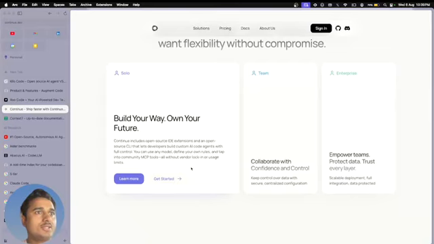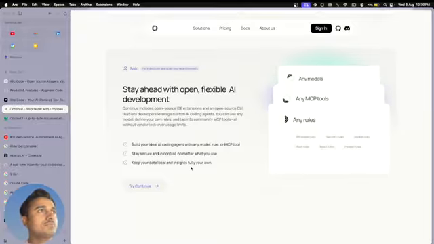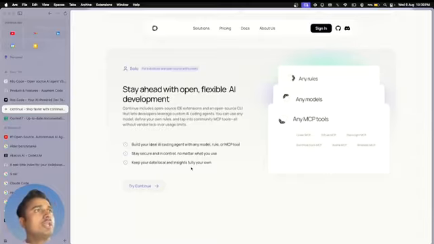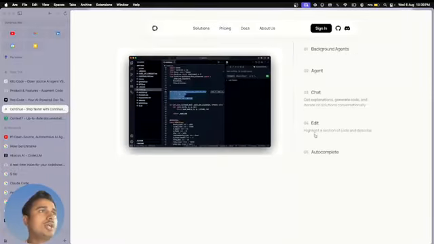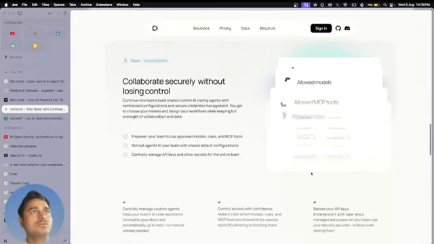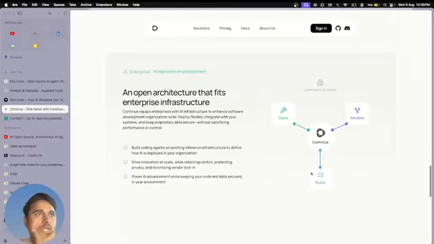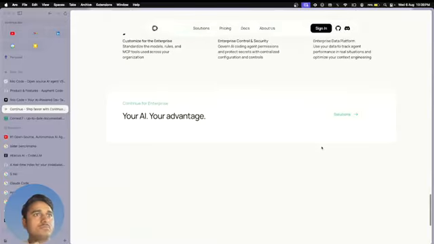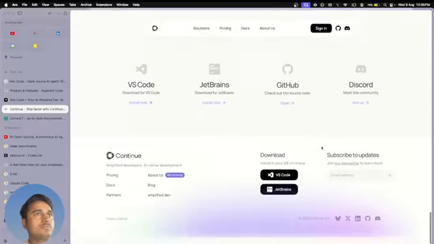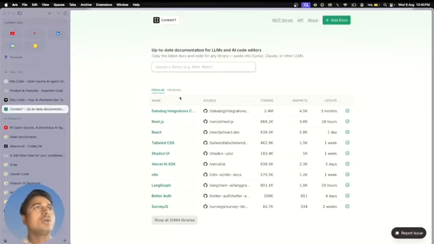Continue. I have tried this, but it looks like Cline only. Any MCP tool, any rule, any models, background agent, chat, edit, autocomplete. An open architecture that fits enterprise infra. I guess we can exclude this one as well. Okay,